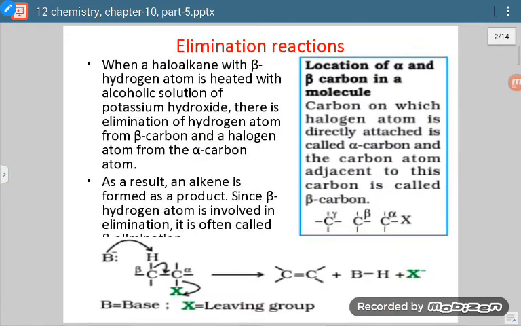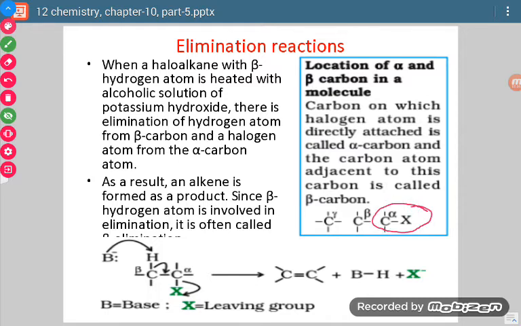Okay, so let us first start with elimination reactions. In elimination reactions of alkyl halides, we name this reaction as beta elimination reaction also. First of all, we should know what is the meaning of alpha and beta. In alkyl halides there is one carbon halogen bond. The carbon with which the halo group is attached is termed as alpha carbon, and the next carbon to alpha is called beta carbon, and next is called gamma carbon, and so on in all the directions.